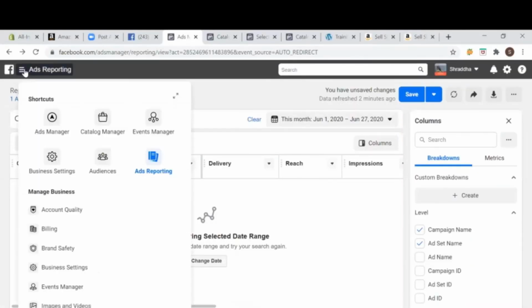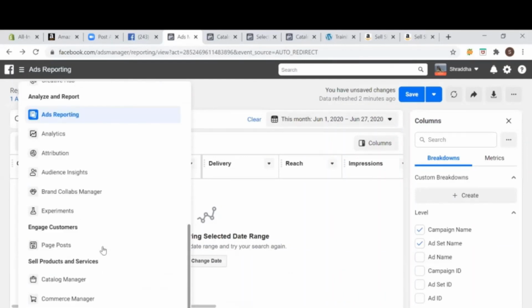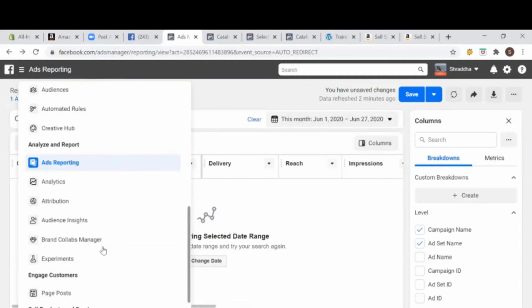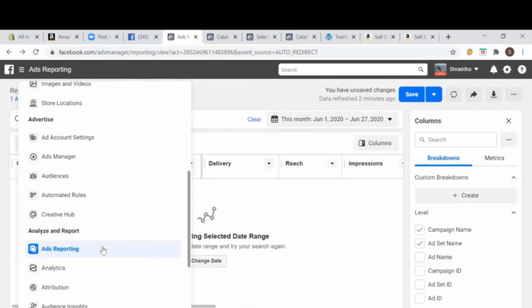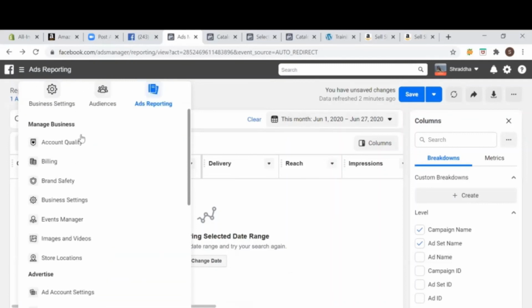So if you scroll down, Facebook has an option wherein you can see the quality of your page. If you can see this account quality, I can see what the quality of my page is.